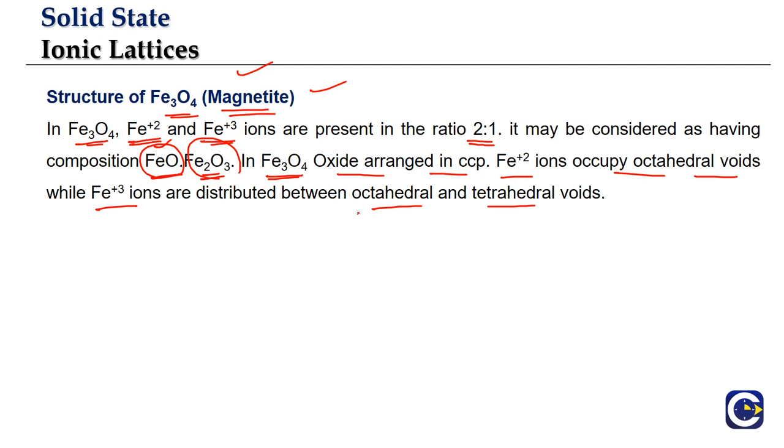This way, if you go to some other salt, we may have the cations forming the lattice and the anions might occupy different types of voids. So in this overall ionic lattice types, what we need to be focusing on is the NaCl type of salt structure and cesium chloride type of salt structure for the theory based questions as well as numericals. And the zinc blende, wurtzite, and the fluorite and antifluorite will have questions mostly on the theoretical basis, and we can even look at the examples of these types.